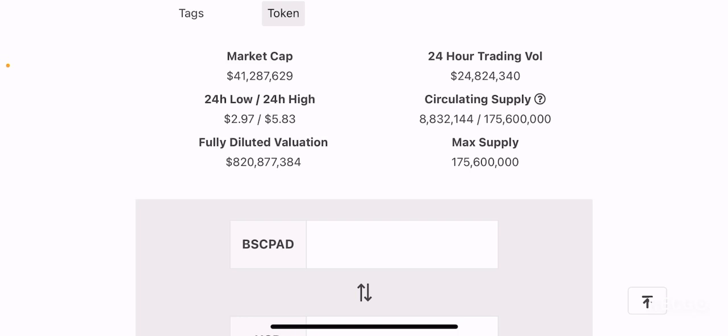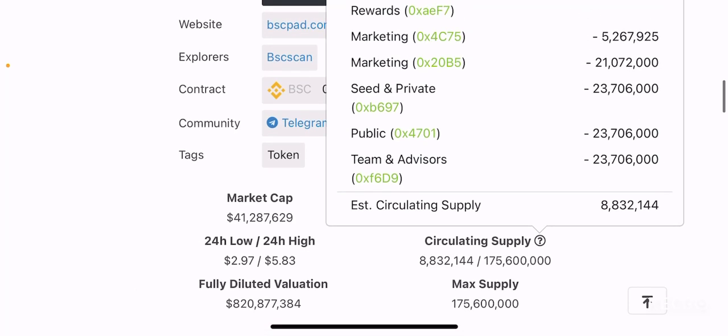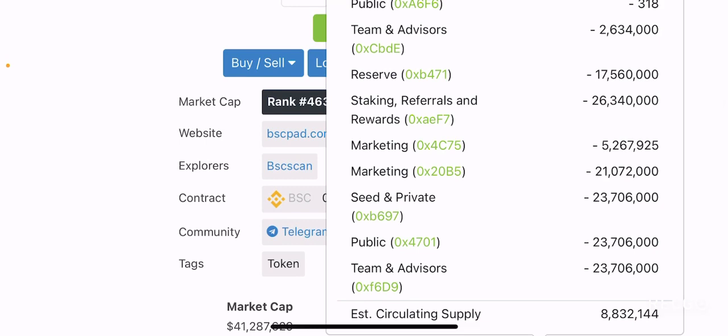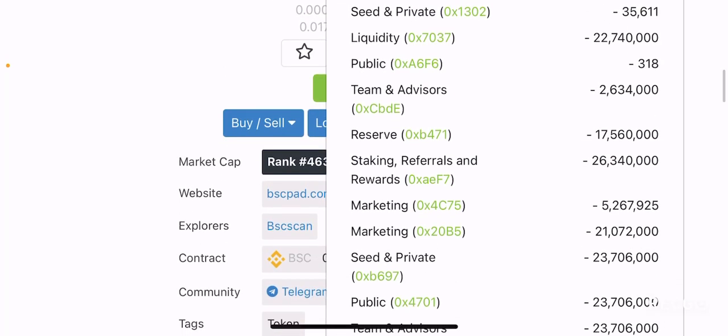So in that regard, I would say that this max supply is highly reasonable, and it's still way below several tokens that have a max supply of a billion tokens, or some of them even 10 trillion tokens as max supply. So this project is still better than those. But if you see the circulating supply, only about 8.8 million tokens are in circulation, right? So if you see the difference, you can clearly see that there's going to be a lot of tokens that will be injected into the market because of short-term inflation, and I believe that they will allocate this token for multiple liquidity farming pools, which will definitely inject new tokens into the market, and thereby slump this token